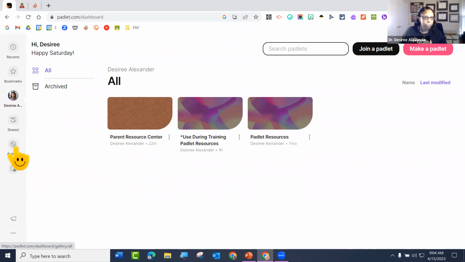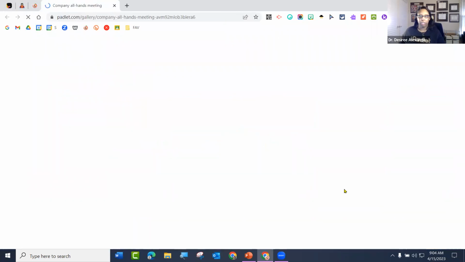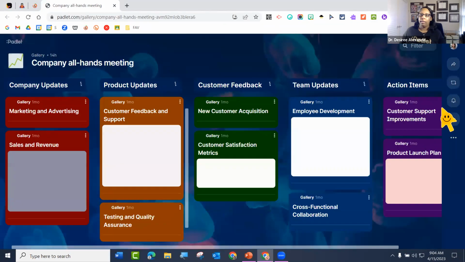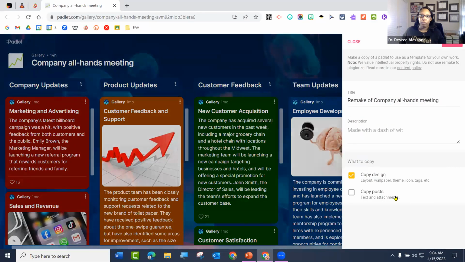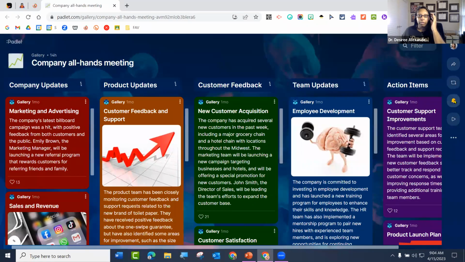So if I come here to the gallery, I'm just going to go to something. So notice I can remake. You see how that bottom part is gone, the author admin only part, because I didn't create this. So I can only copy these. I can't copy ownership and all that kind of stuff. But I can also come here to